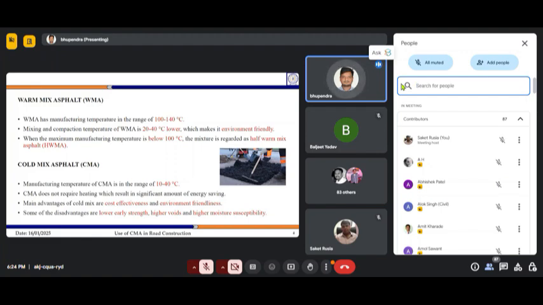So CMA has lower strength because it has higher voids, and it also has lower durability. Because of that lower durability and lower strength, the cold mix asphalt technology is not being adopted. So how we can improve on that, we will be discussing in today's lecture.